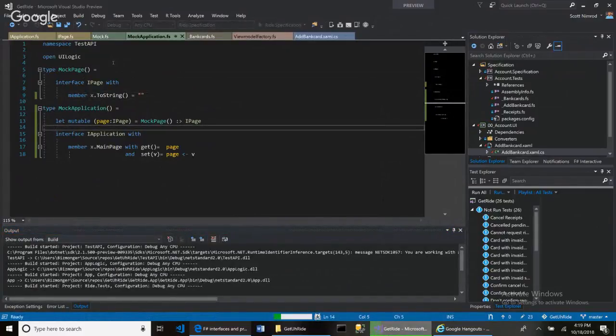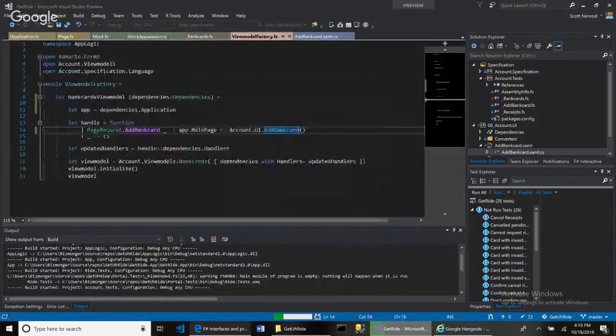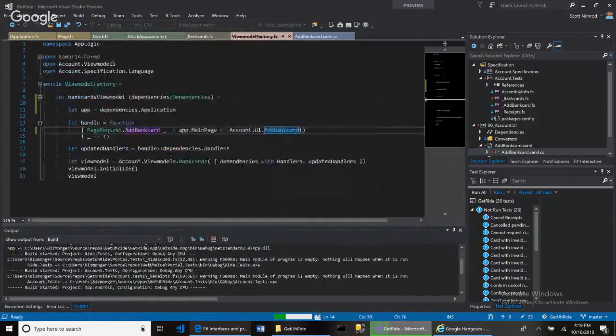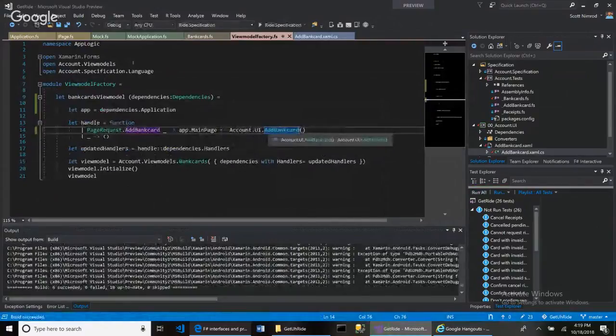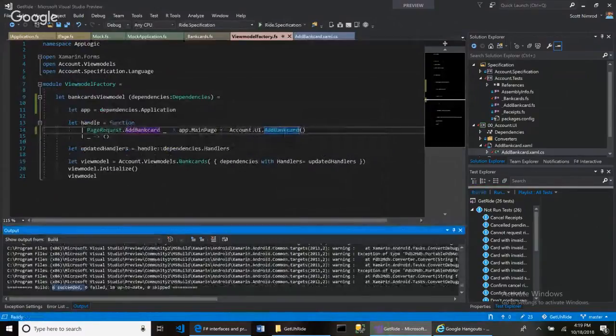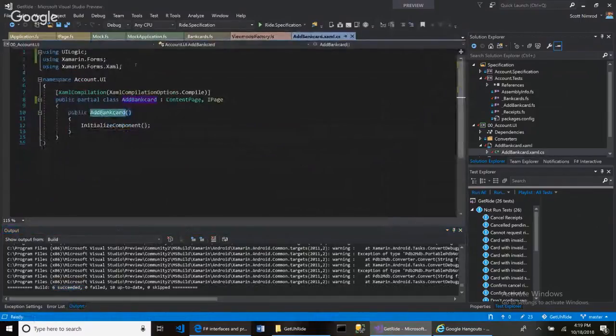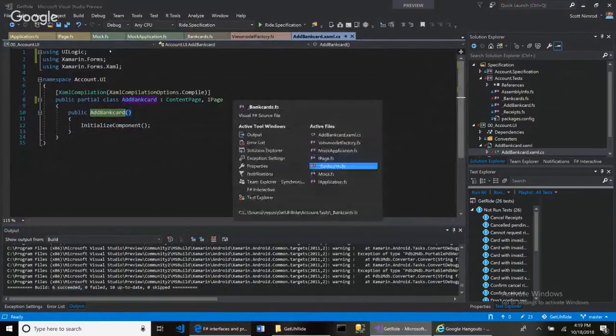And if I go back to my factory over here, then it should be app.mainPage equals account.ui add bank card. So I have a green build here. There's no failures. Okay. And so what I should be able to do is go to my test,